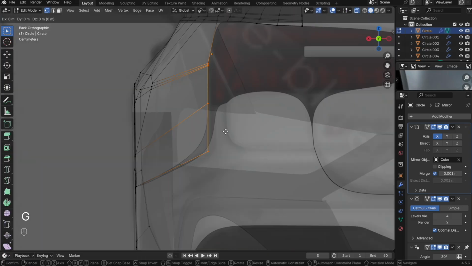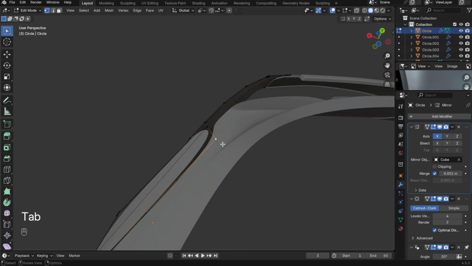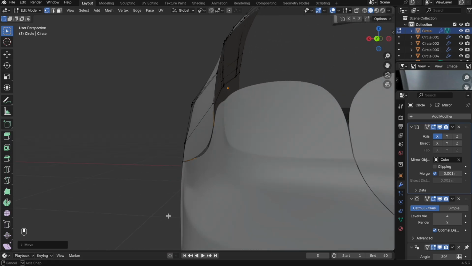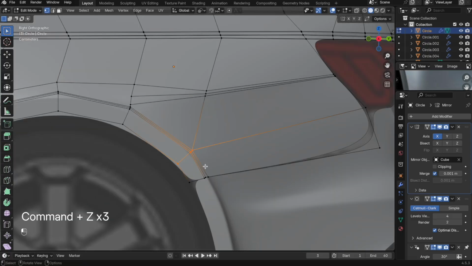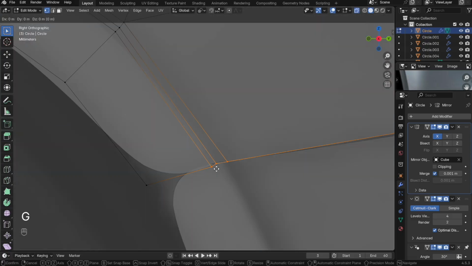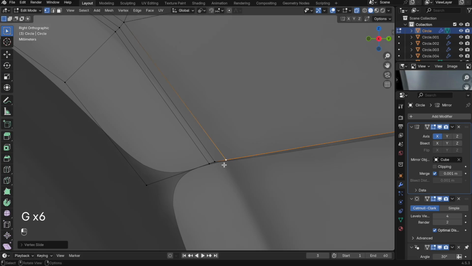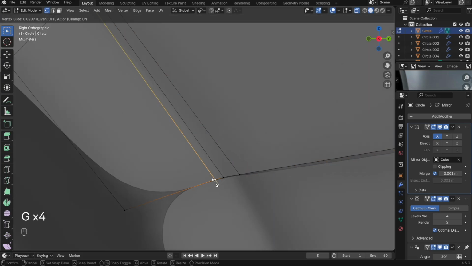Now with this group of vertices, we're just going to carry this in a little bit. We've got to make sure this is aligned, so we've got to bring that in even more. Obviously, not too much. Now with this group of vertices, we're actually going to move this around. And with these ones, we're just going to press double G and carry those back just a little bit. With these ones, we'll tap double G and carry those back just a little bit,